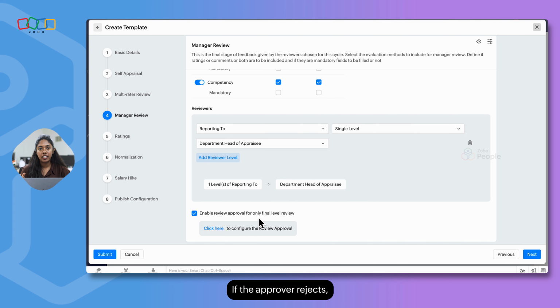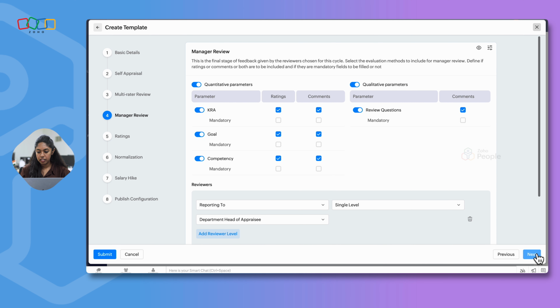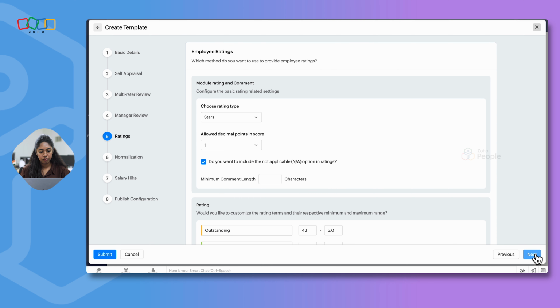If the approver rejects it, it will again come back to the reviewer. Reviewer has to do the evaluation again and submit it back. So this process runs in a loop until the approver approves the request submitted by the reviewer. You can click here to set up the review approval process. So once everything is selected, click on next.